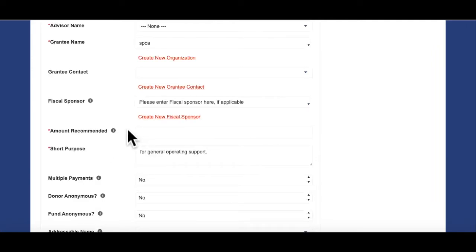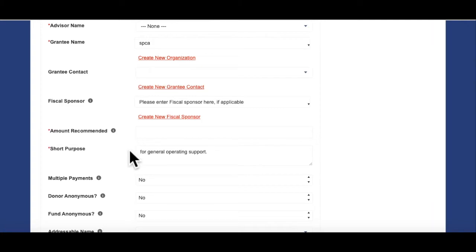Enter the grant amount in the Amount Recommended section. Two things to note. The San Francisco Foundation's minimum grant and minimum payment amount is $250. If you intend to make this a recurring or multi-year grant, for example, $250 a month for 1 year totaling a $3,000 grant, or $10,000 per year for the next 3 years, or $30,000, you must enter the full amount in this field. This means that your fund will need to have the total amount available the day that you